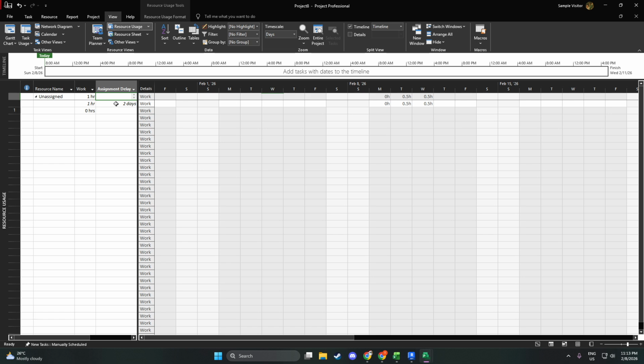Now, enter the delay for the specific resource assignment you want to offset. Click in the Assignment Delay cell next to that resource and type a value like 2D for 2 working days, 4H for 4 hours, or 30M for 30 minutes. Microsoft Project interprets these using your project and resource calendars, so 2D means 2 working days, not necessarily 2 calendar